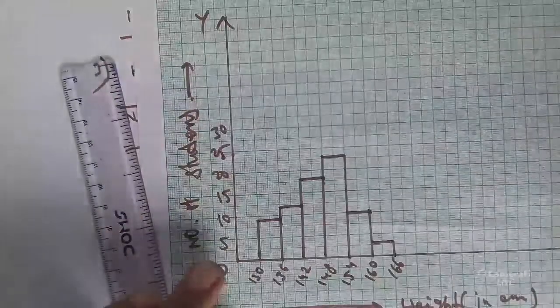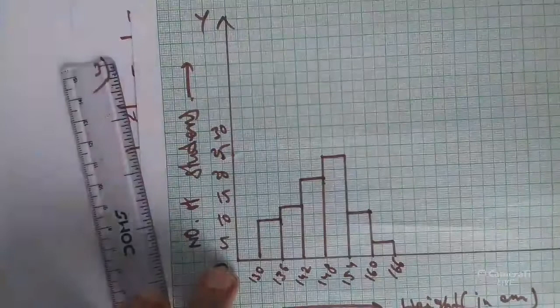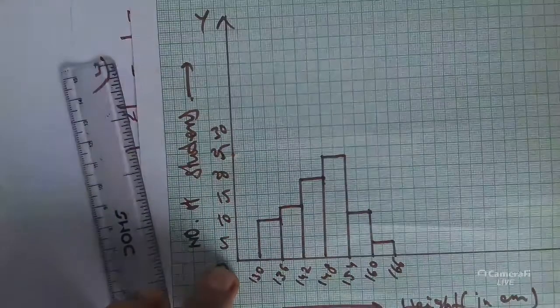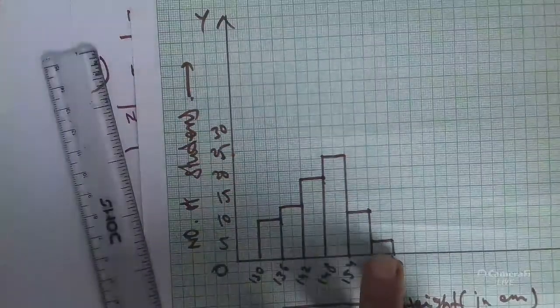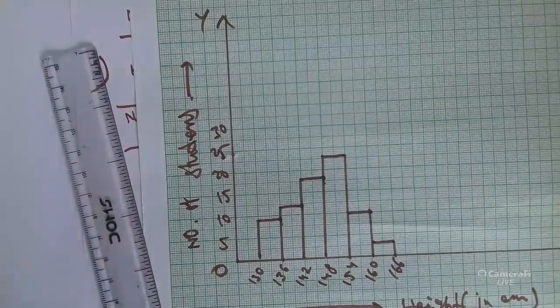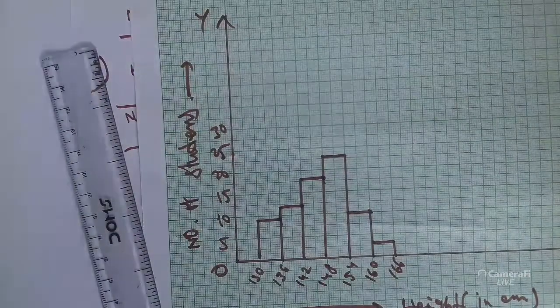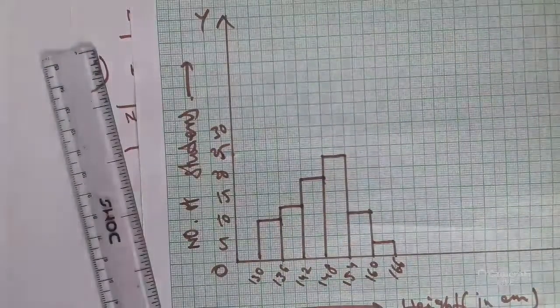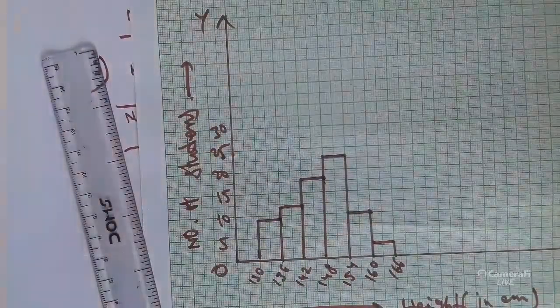So I have taken 1 unit is equals to 5. So there are 10 small lines. So that means 2 lines is equals to 1. So 3 means 6 lines. 6 lines is equals to 3. So I hope all of you understood. Your histogram is ready. Okay. Now next problem.